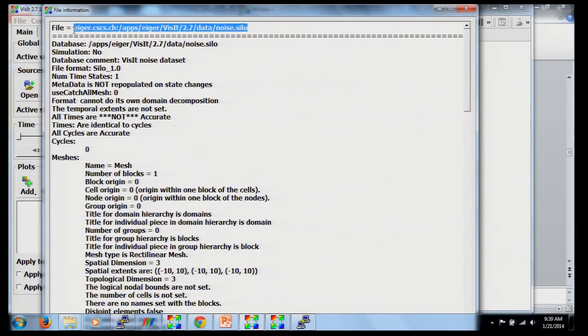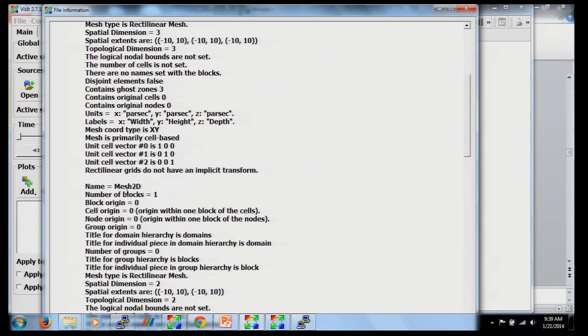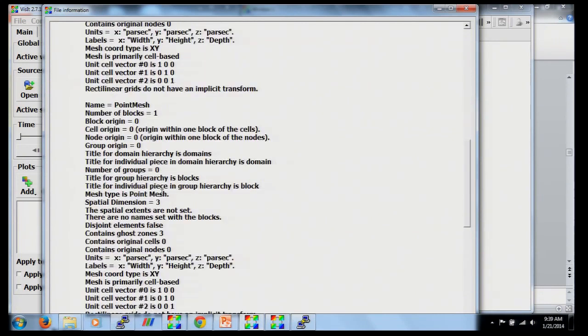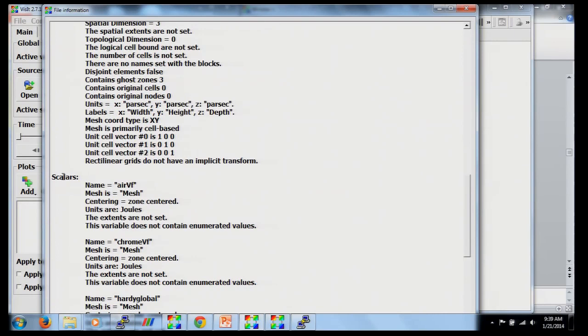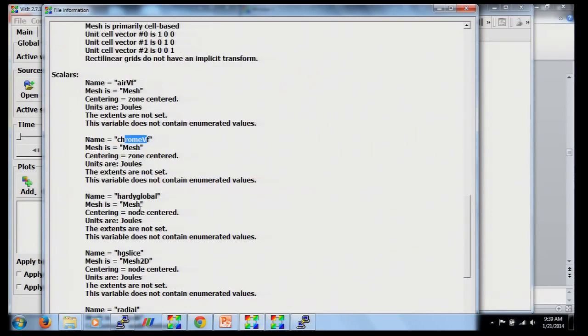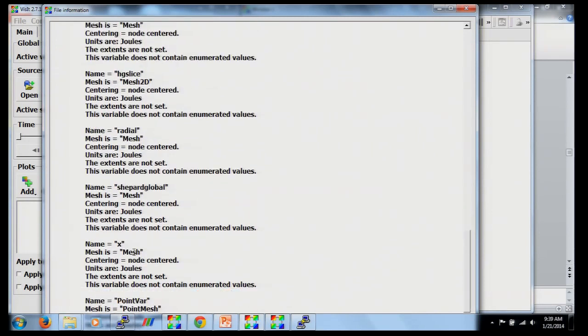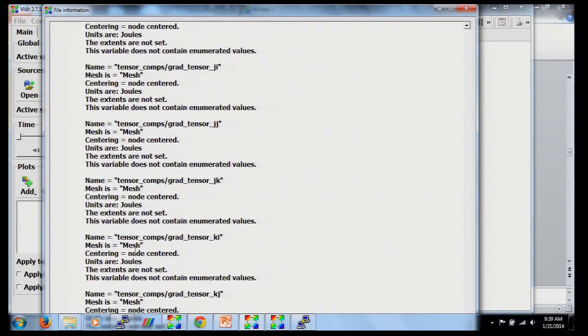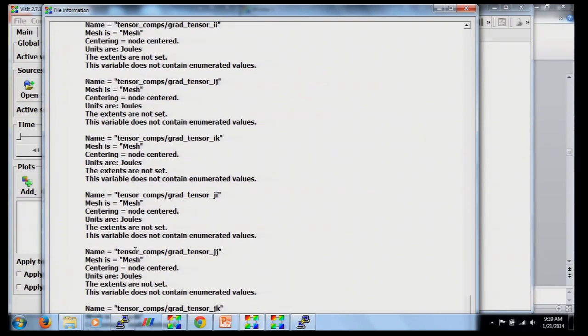stored on the Eiger file system. It's of file format Silo. It has one time step. It has one mesh called mesh. It has another mesh, which is a two-dimensional mesh called mesh 2D. It has a point mesh. It has scalar fields. One of them is the air volume fraction. The other one is the chrome volume fraction, etc. So it's there. And by the way,